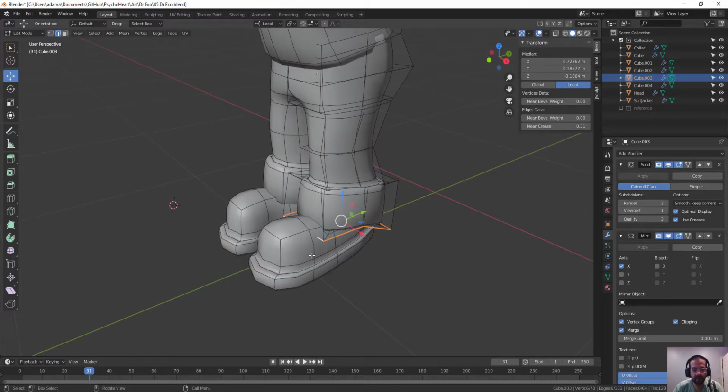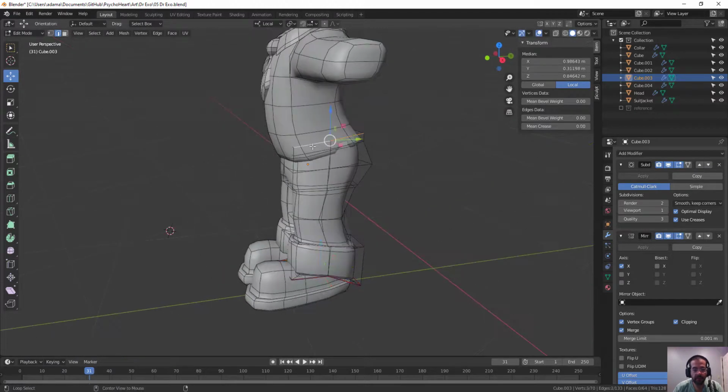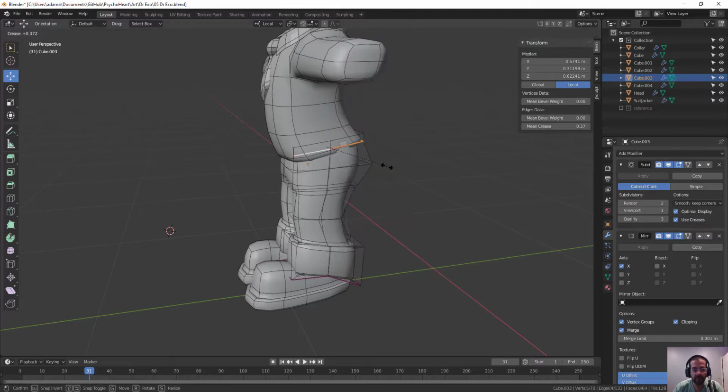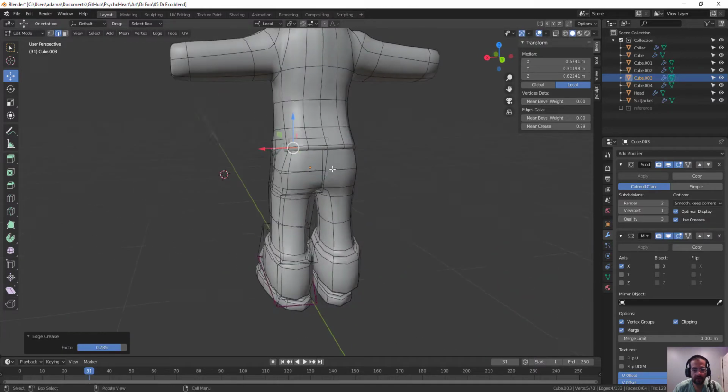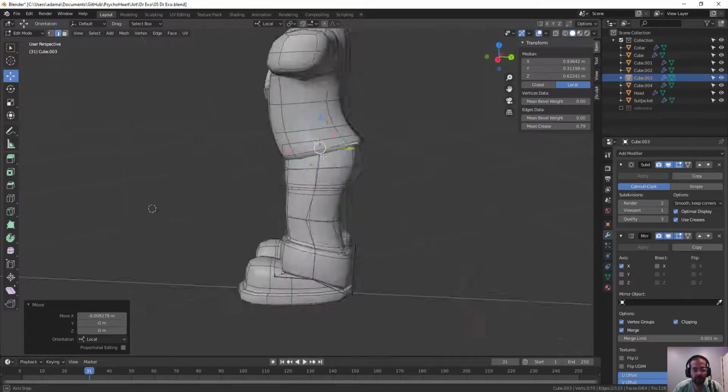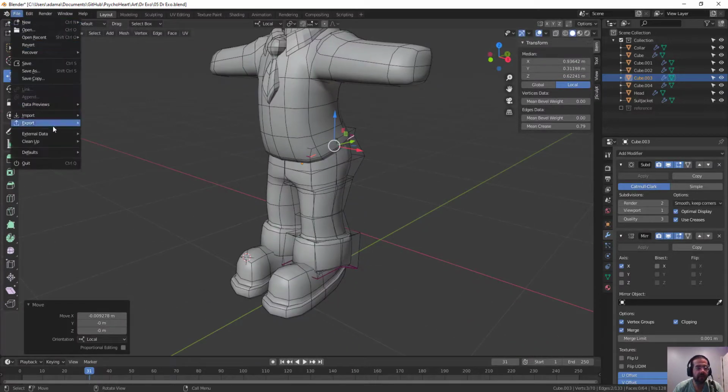See that? Same thing here. If I want to, for the top of the pants or something, let's do this edge here. Edge crease, go that way, and then move these in a little bit. Now, when I go to export this,